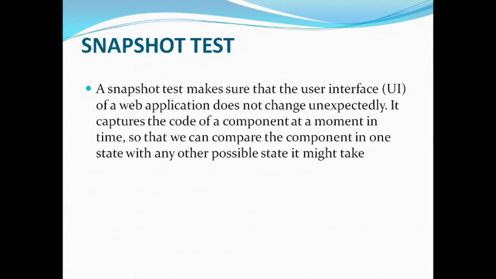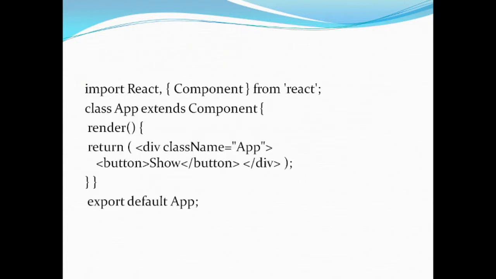It is supported by the Jest test runner. When the component is rendered the first time and we write a snapshot test, it creates a snapshot internally. Whenever changes are made to that component, we can run the snapshot test again, so that it checks against the previously created snapshot and clearly shows the differences between the previous test case and the current one. That is what a snapshot test is. We are going to test it practically.